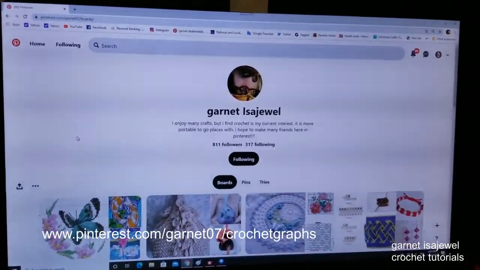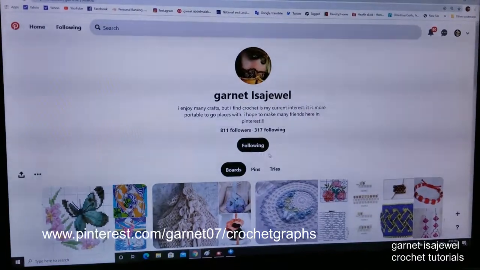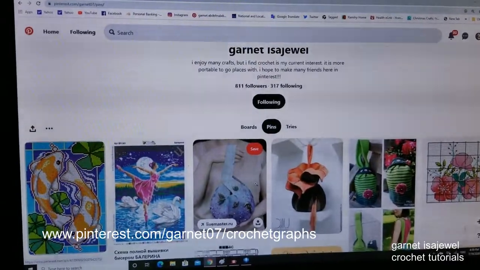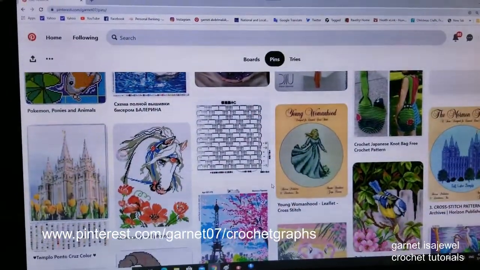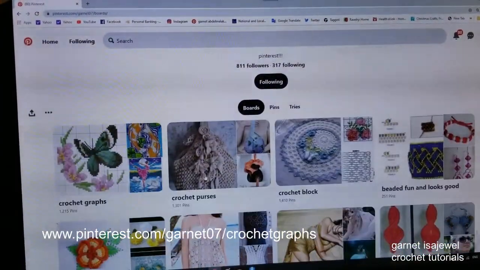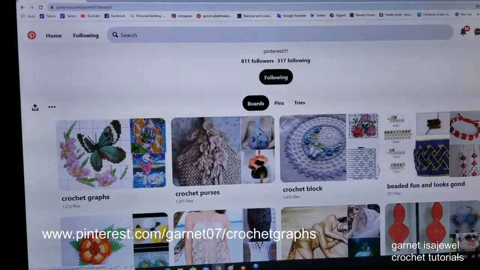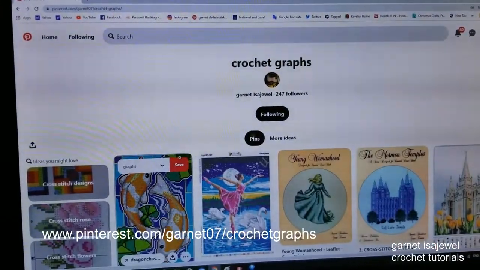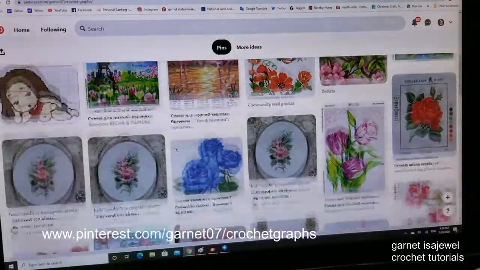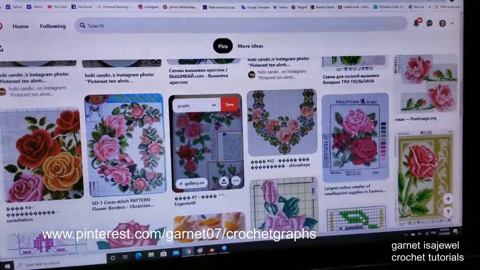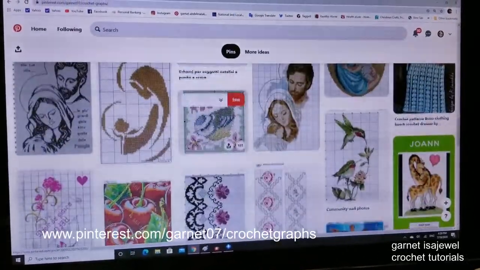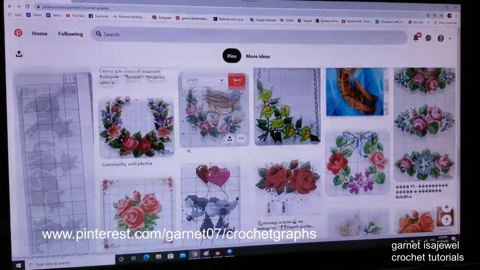So if you go to my Pinterest page, click on pins, you'll see some of the pins that I have saved. If you go back to the boards, I have one here called Crochet Graphs. Go ahead and click on that. And I have so many graphs. Now let me scroll down and see if I can find the flower one. I save everything that I think would be useful,